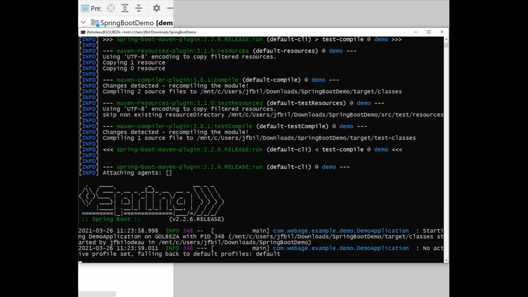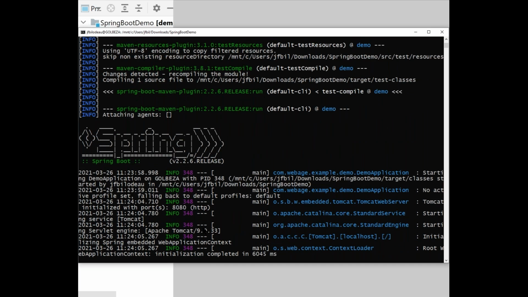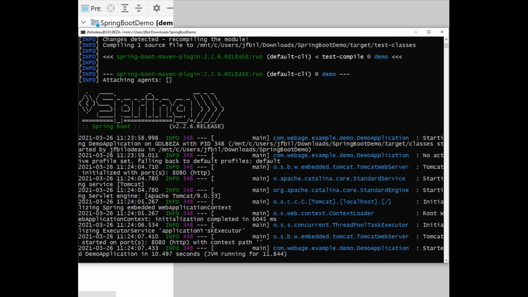That's what we're seeing over here. Just going to wait for it to finish booting. And there we go, should be up and running now. This is a web application, so I could treat it as a microservice application. It doesn't do much. The goal of this, again, is not to be a programming course, but I'll go